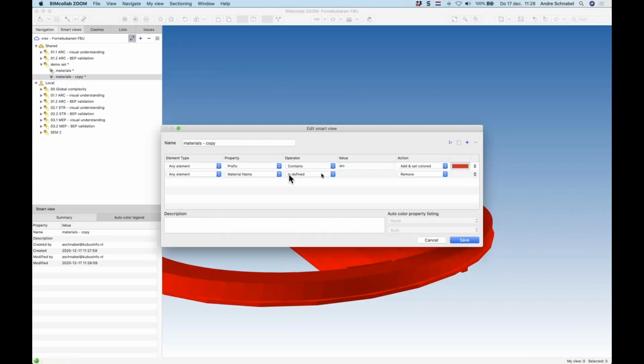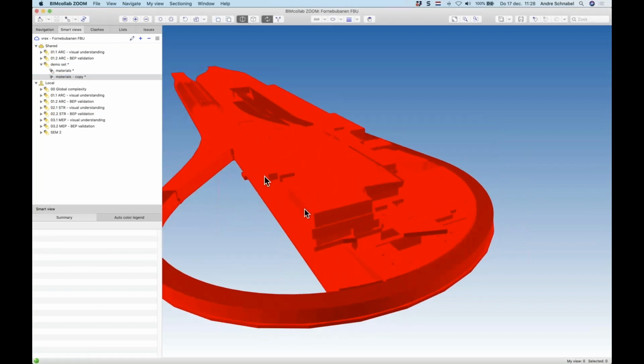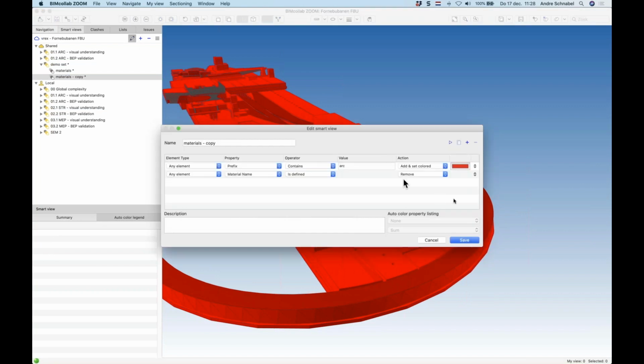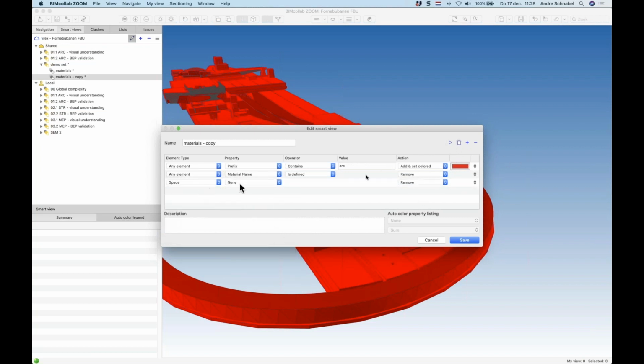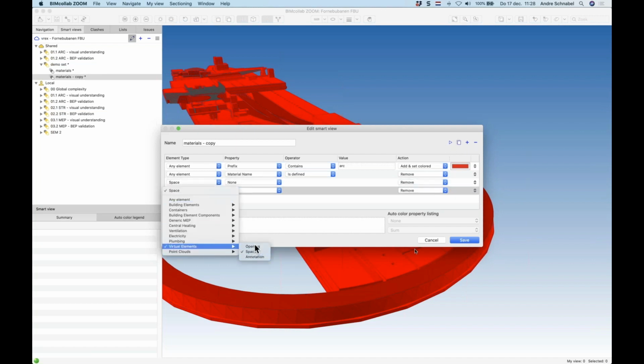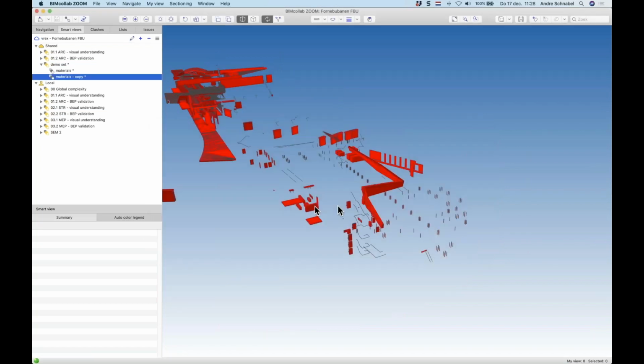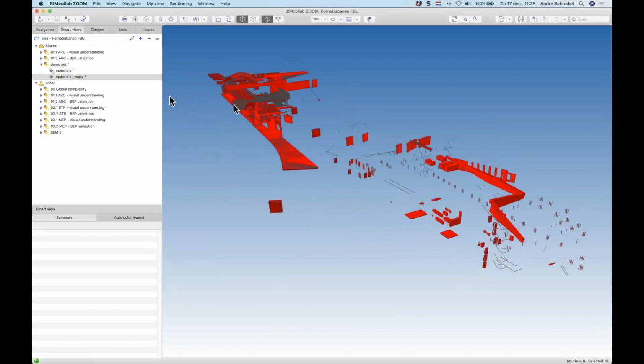Please remove this. And all these elements here actually don't have the material definition at this moment, including spaces. So I will have the spaces removed here, and also the openings removed. Okay, save this. Yes, save. So these are all the elements that do not have the material